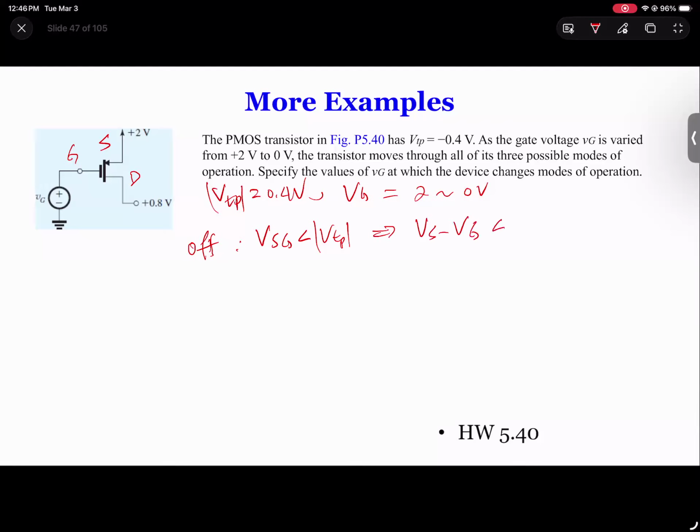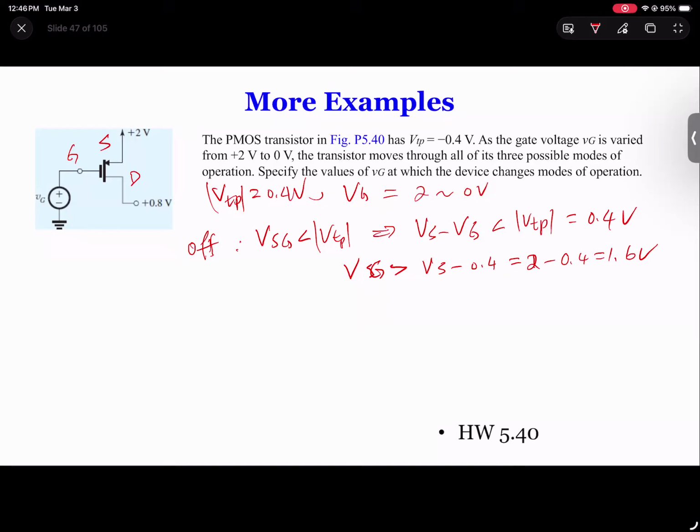So less than VTP, which is 0.4. Now you can move VG on the other side. So VG is going to be larger than VS minus 0.4. Now VS is 2 minus 0.4 means 1.6 volts. Of course, the math you guys can calculate, but the key is to understand that